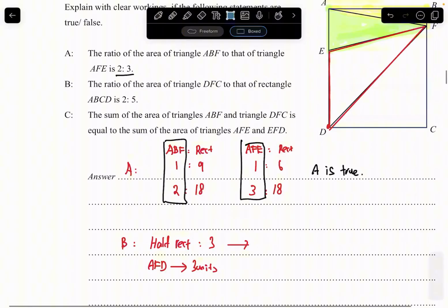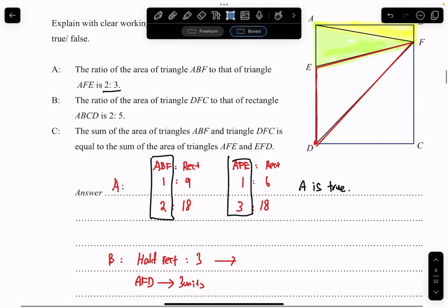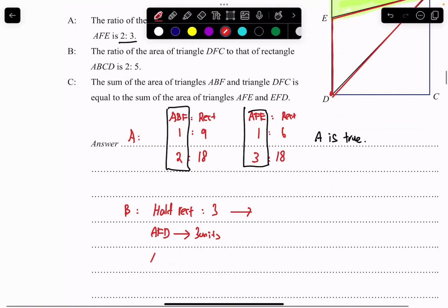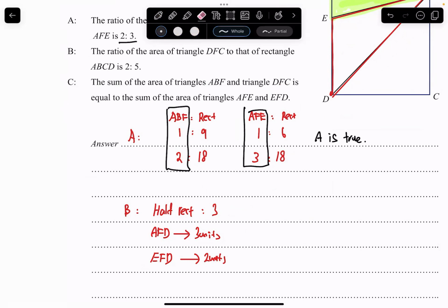Now, if AEF is 1 unit, that means EFD will be worth 2 units. Okay, so this part is correct, the 2 units part. But EFD to the rectangle would then be 2: